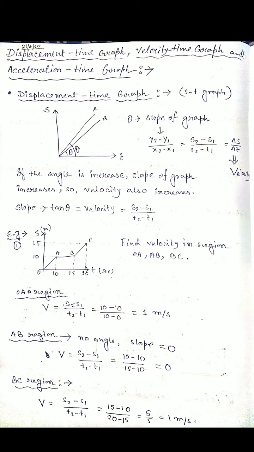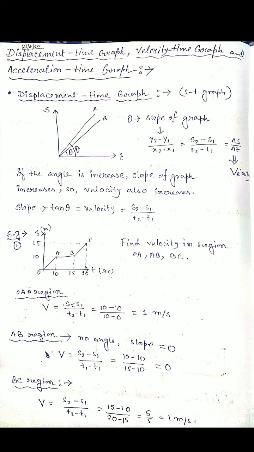So here you see that in this diagram I also drew one graph, S versus T. Two particles are there, A and B, and that is the displacement graph for the particles A and B. Now here you see that theta is a slope. The A particle makes a theta bigger than B. So theta represents the slope of the graph, and slope means (y2 minus y1) by (x2 minus x1), final position minus initial position for both axes.